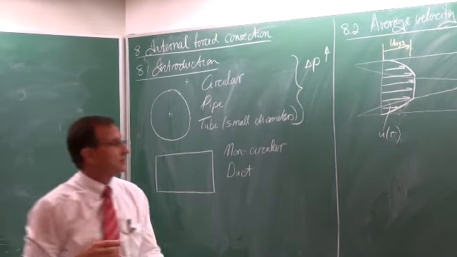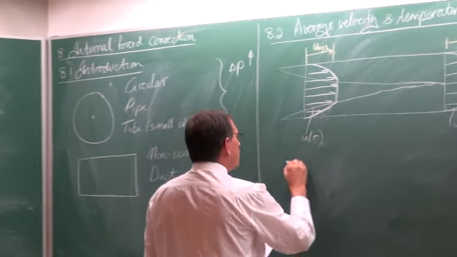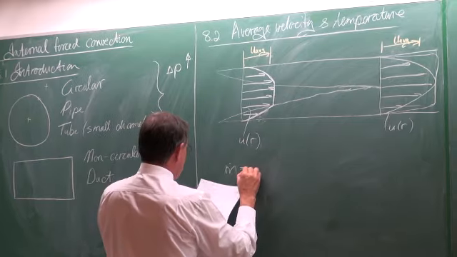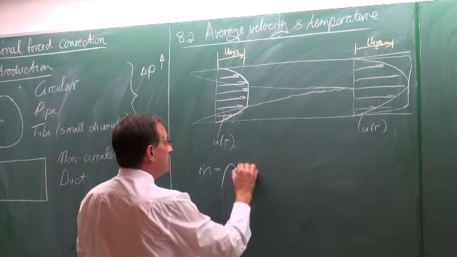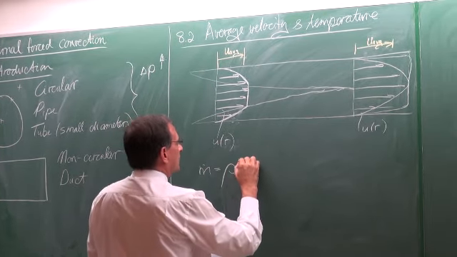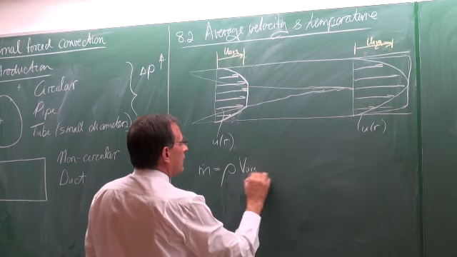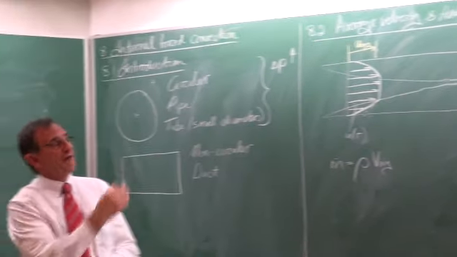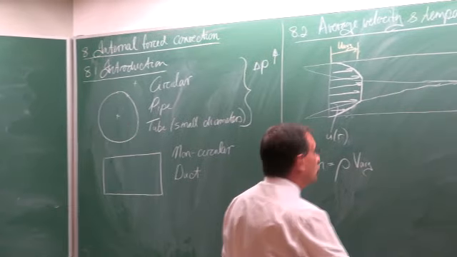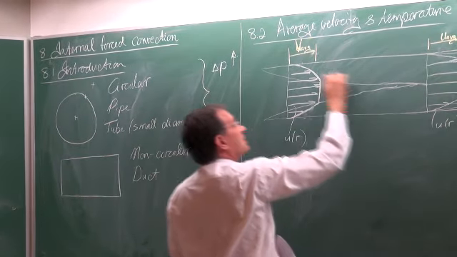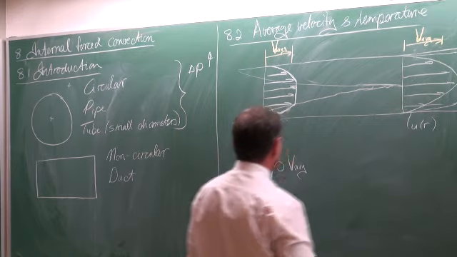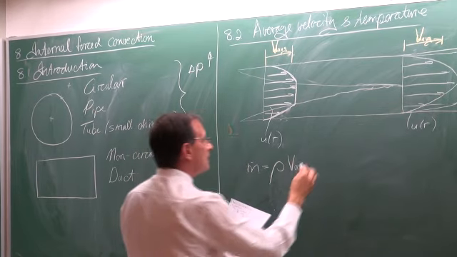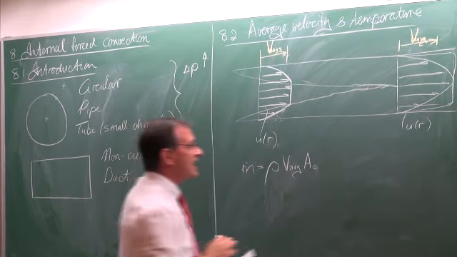It doesn't change. So in general, we would say that the mass flow rate is equal to the density multiplied by either V average or U average, whichever one you want to use. Let's rather change that to V average, multiplied by the cross-sectional area,